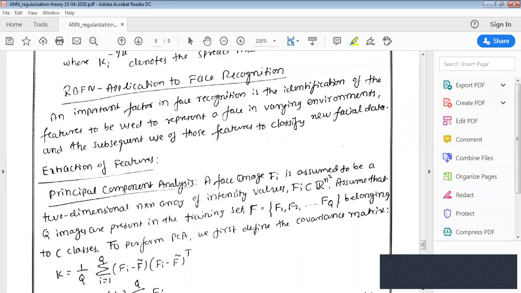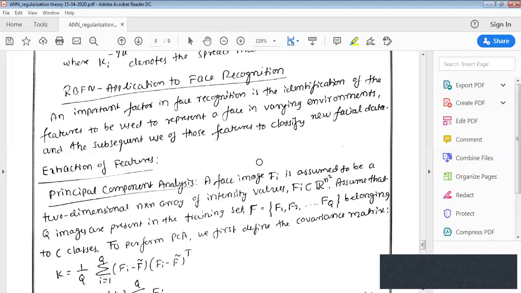Now we will look into one application, actually face recognition. What we do in face recognition? Remember, this entire process consists of recognition of a person's face. So we consider a person's face and take it under different conditions. For example, from the front only, but under different lighting conditions, or from the left side or right side, under different moods or a variety of conditions. Let us say 10 different photos of the same person under different conditions are taken.